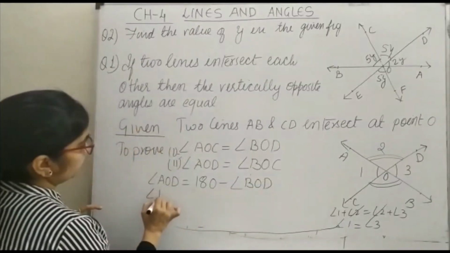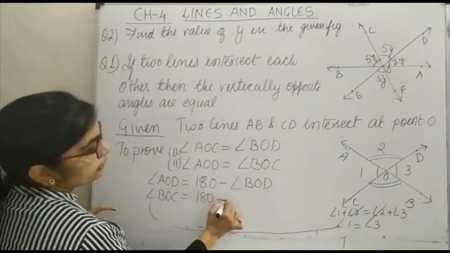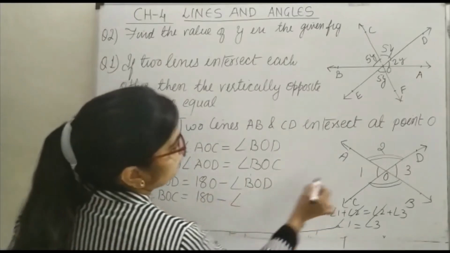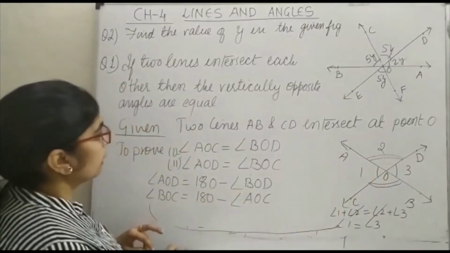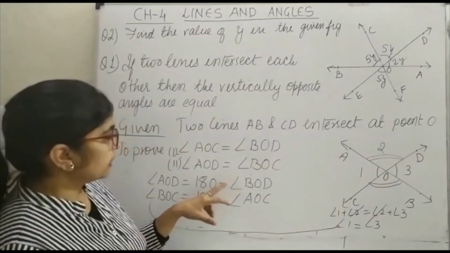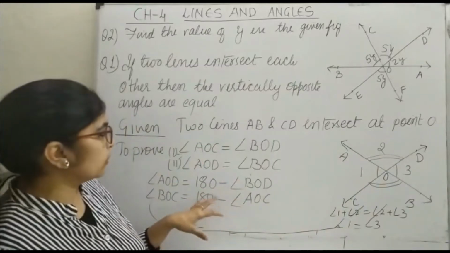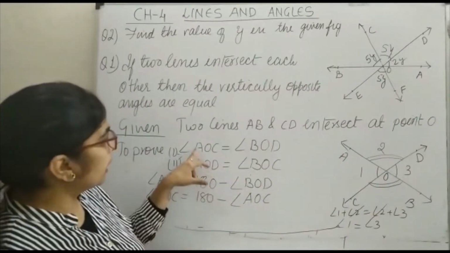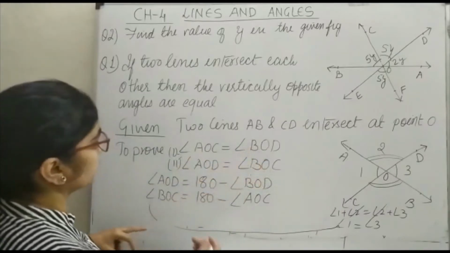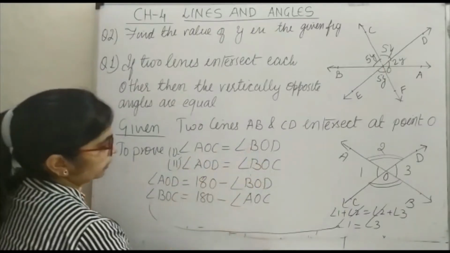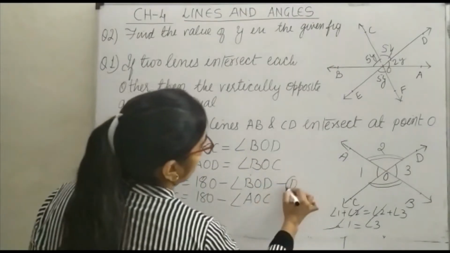Similarly, angle BOC is equal to 180 minus angle AOC. And we have seen that when equals are subtracted from equals, the remainders are equal. Just see, this is 180, and already we have proved that angle AOC is equal to angle BOD. So by using that property,